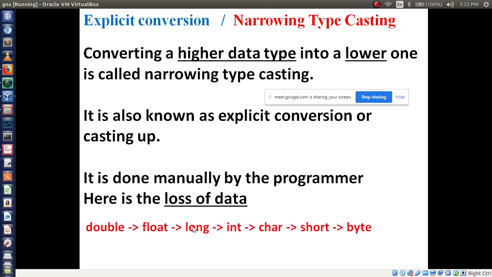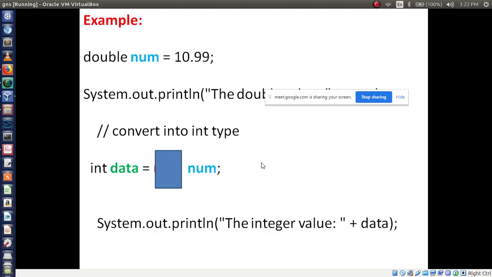First we saw byte to short, short to char, but here it is reverse. First double, float, long, int, char, short, byte. Highest is double, lowest is byte. So converting from higher data type into lower data type we call explicit conversion. Let's see an example.